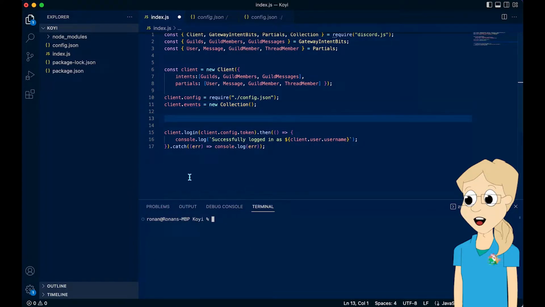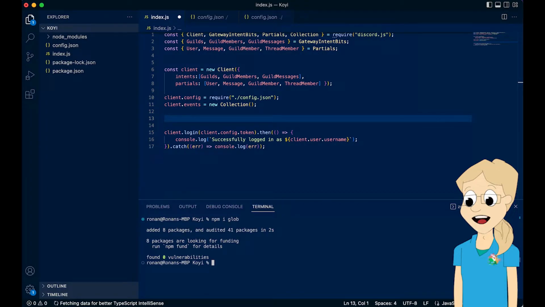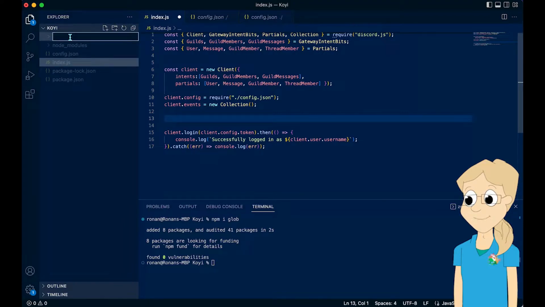Now you're going to want to come down here and type in the terminal npm i, make sure you use i, and we're going to import glob. We need glob for a few of the things that we're going to be using in this code today. And you're going to want to come up here, create a new folder, call the folder functions, and in the functions folder, create a file called